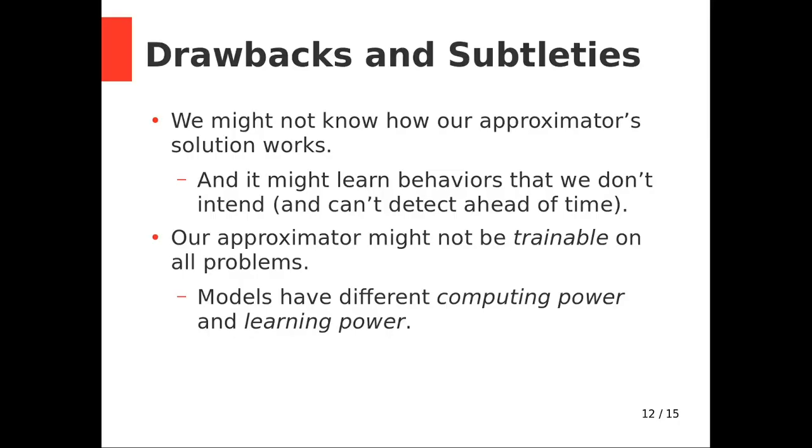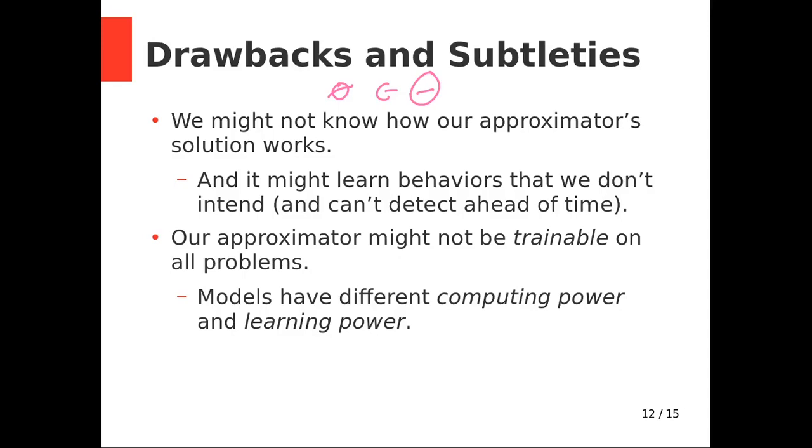So, some drawbacks and subtleties. We might not know how our approximator solution works. I want to be kind of precise here, because there are different statements made about what this means, what we do and don't know about how our networks train. In some sense, it is perfectly well understood how gradient descent works. We have some function that is controlled by parameters, and we're incrementally nudging those parameters in the direction that improves our performance by reducing our loss. That is, in a certain sense, a mathematically perfectly straightforward